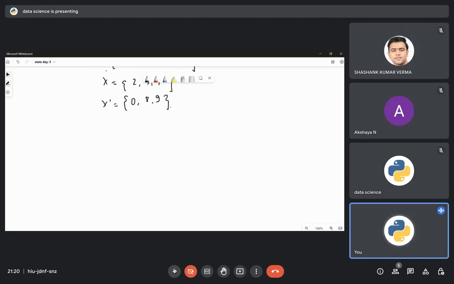Okay. So I was talking about skewness of the data set. What do you mean by the skewness? So skewness is defined as the measure of the data set's symmetry. Means if skewness is very high, then the data set is not symmetric. If skewness is low, then the data set is more symmetric. If skewness is zero, then the data set is completely symmetric. So what I'm trying to say,